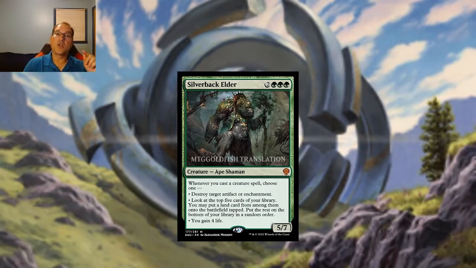Because every time you cast a creature card, when this is on the field, you get an ability. You can kill an enchantment or an artifact. You get to look at the top 5 cards of your library. You get to pull a land out, or you gain 4 life. This is going to see Standard play. Whether it's in a mono green deck or some other kind of deck, this will see Standard play throughout the next 2 years,